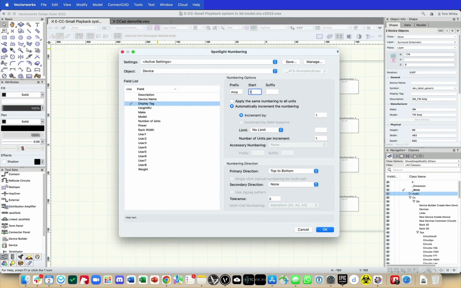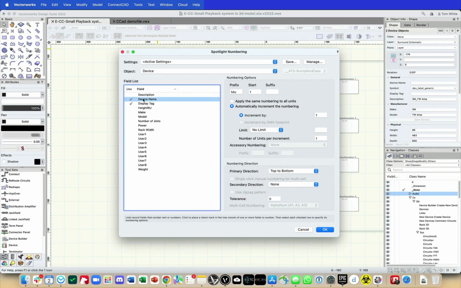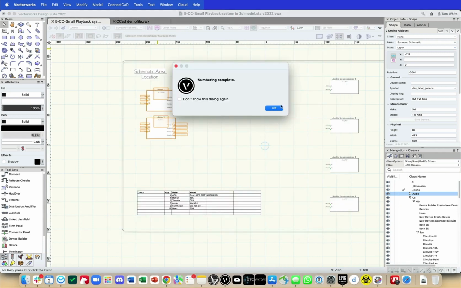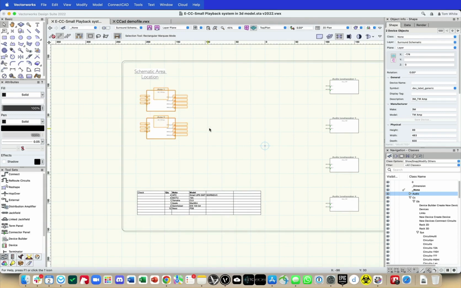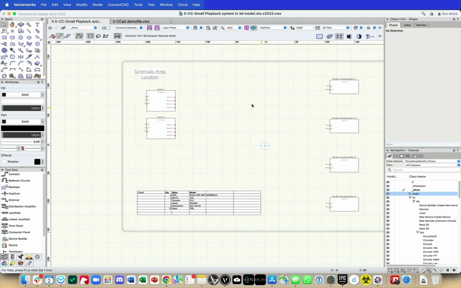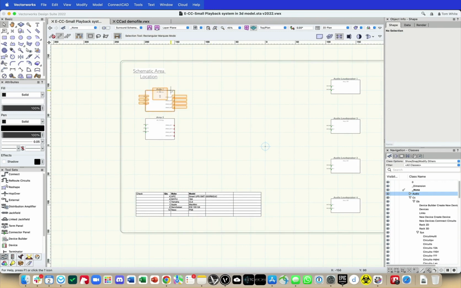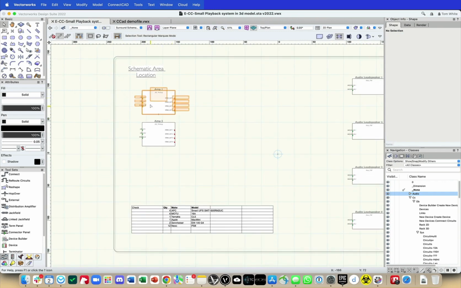And then starting at 1, we'll do device name at the same time as well. I'll just make them the same for now, and we'll number them from the top to the bottom. Click OK. AMP1 and AMP2, that's done. Very simple, fantastic. So let's say, for example, that these amps are in a rack in a substage area, and